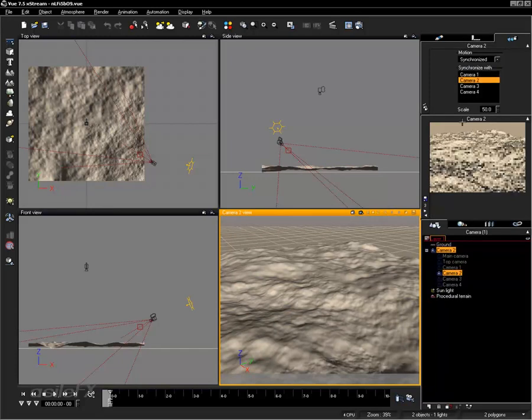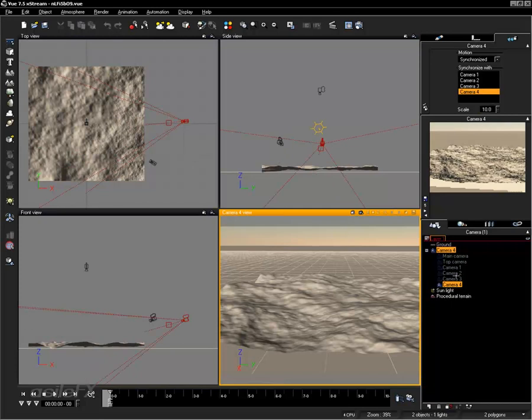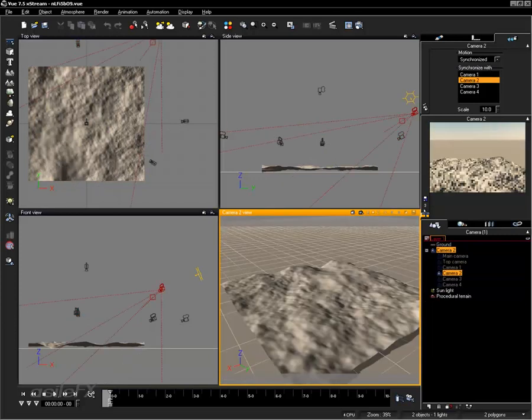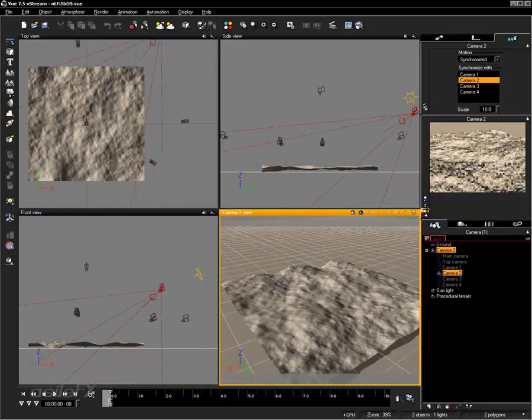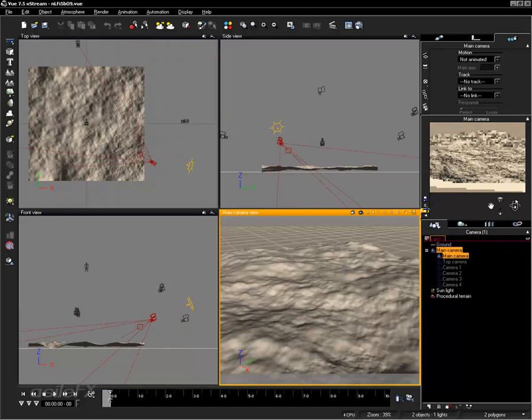And it looks like we actually caused even more of a problem this time. Okay, so if we go back through and just re-click on the synchronize with, then it is updating the cameras. Okay, so now we're going to go back and just make sure everything looks right. With the main camera selected,